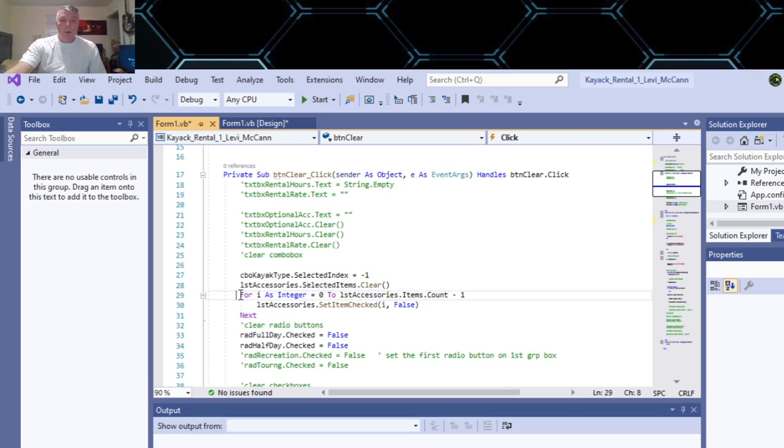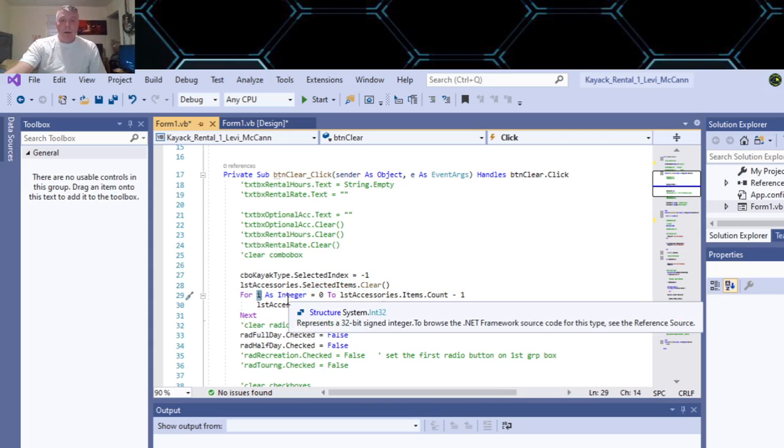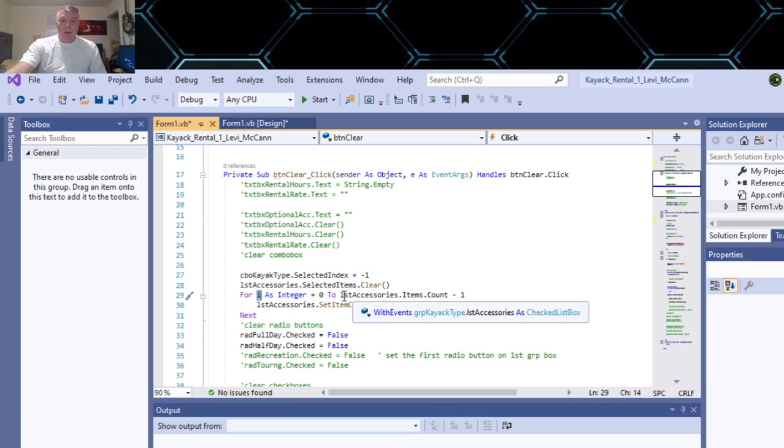But if you do a little loop in there with a little variable I for your counter variable, and you do the list accessory items of the count, subtract the 1, and then you go list accessory set item checked, and then you use that variable up here, and you select them to be false. That clears all the